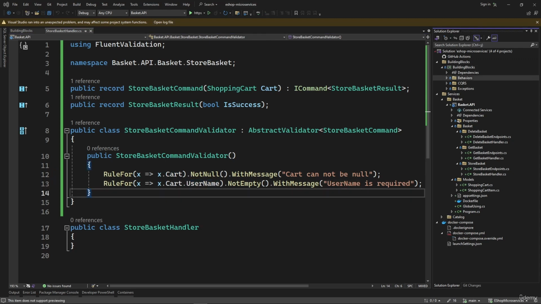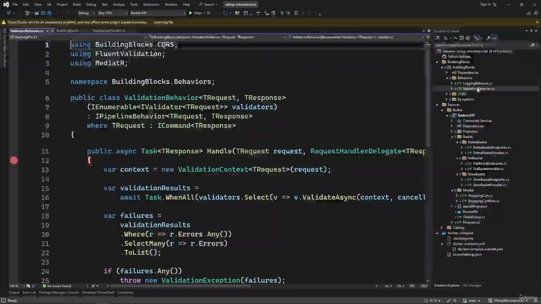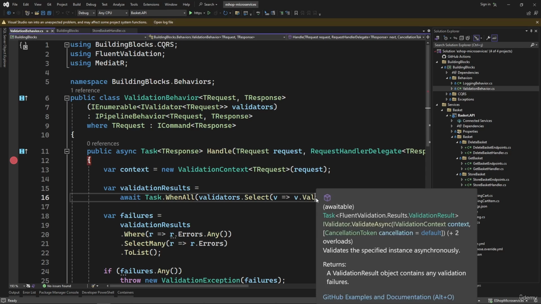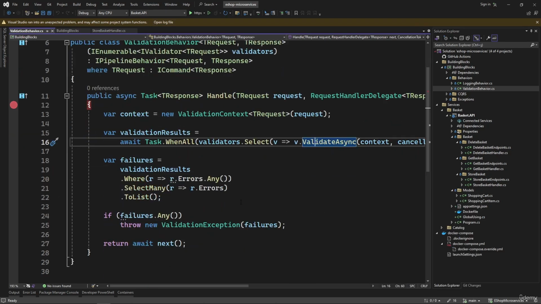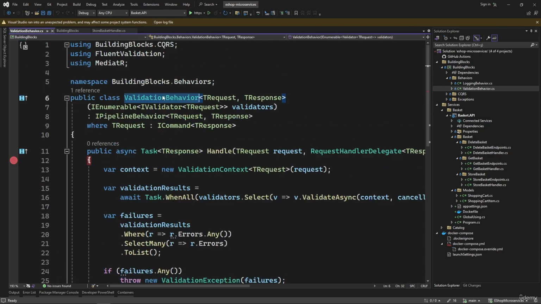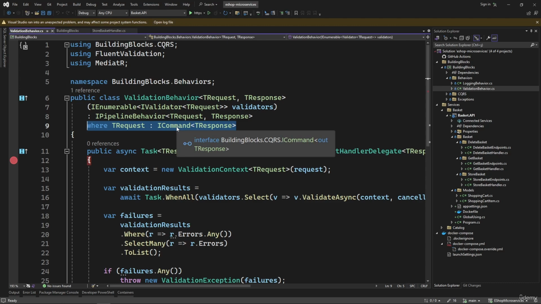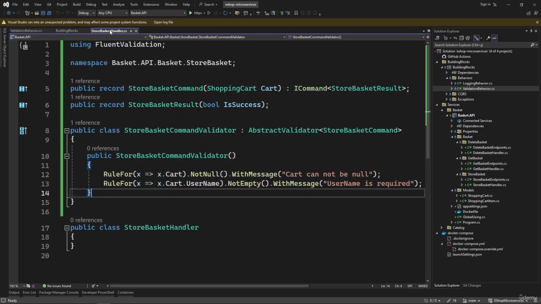These rules will be run by the validation pipeline behavior that you can see under the building blocks, behaviors, and ValidationBehavior. This will run the ValidateAsync method for each rule definition, accumulate the results, and throw a validation exception. This validation behavior only works for ICommand related operations, which you can see in the where keyword. So if you go back to our StoreBasketHandler after defining the command, result and validator,